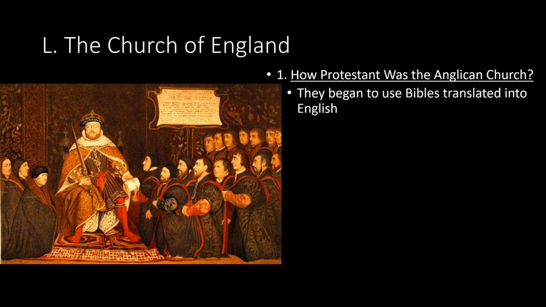All right, so one of the things that they did was use Bibles that were translated into English. Now, the Roman Catholic Church doesn't like Bibles translated into the vernacular because they don't believe the average person should be reading the Bible. They think it's too complicated for the average person to read. Heck, they think it's too complicated for trained people to understand. But as you saw from the movie Luther that we've been watching, Luther was like, more people need to read the Bible, right? But remember, that's a danger to the Roman Catholic Church. So they began to use Bibles translated to English so that more English people can actually read the Bible.